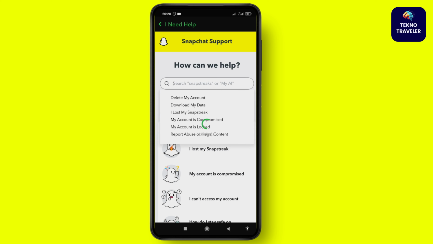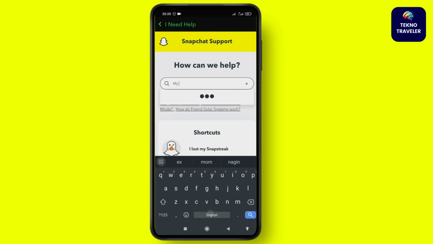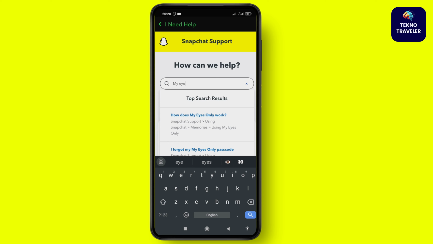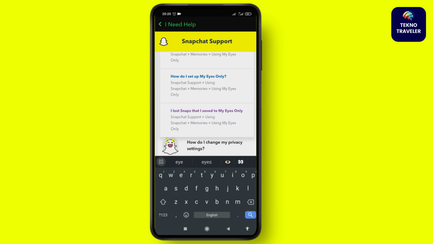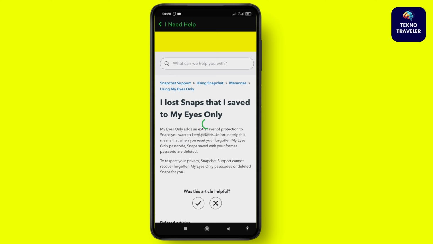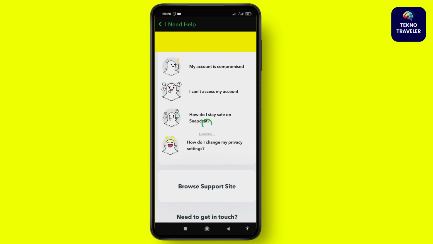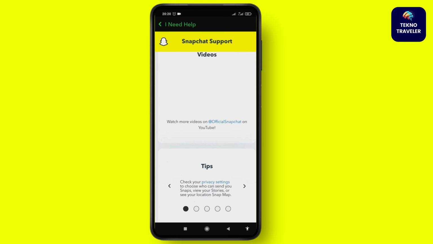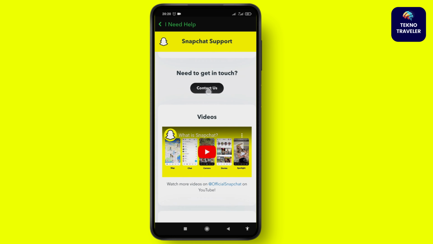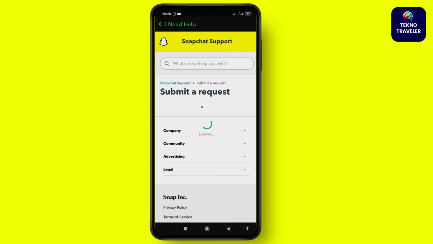Here, search for My Eyes Only. Select the option that says I lost snaps that I saved to My Eyes Only. Then scroll down and tap on the contact us option. So here, select the option